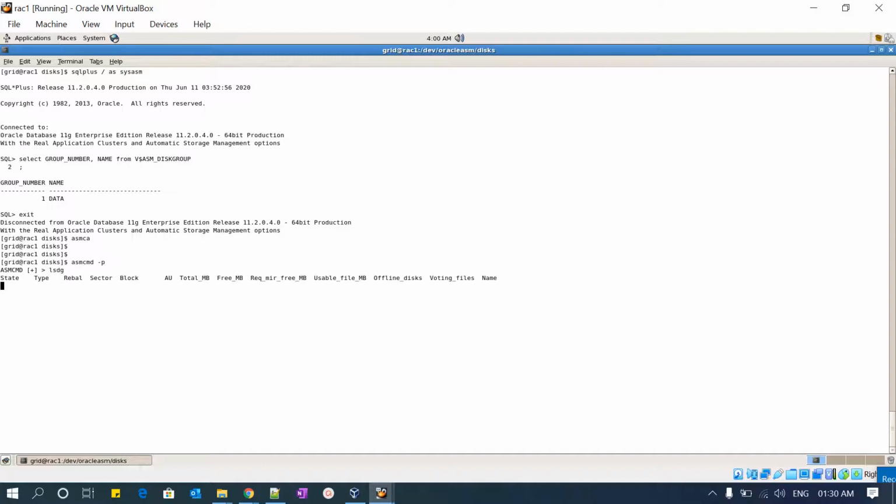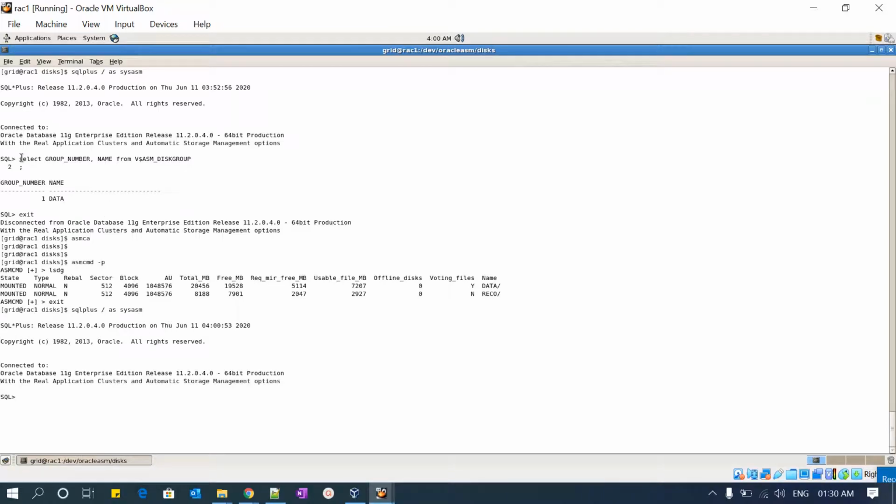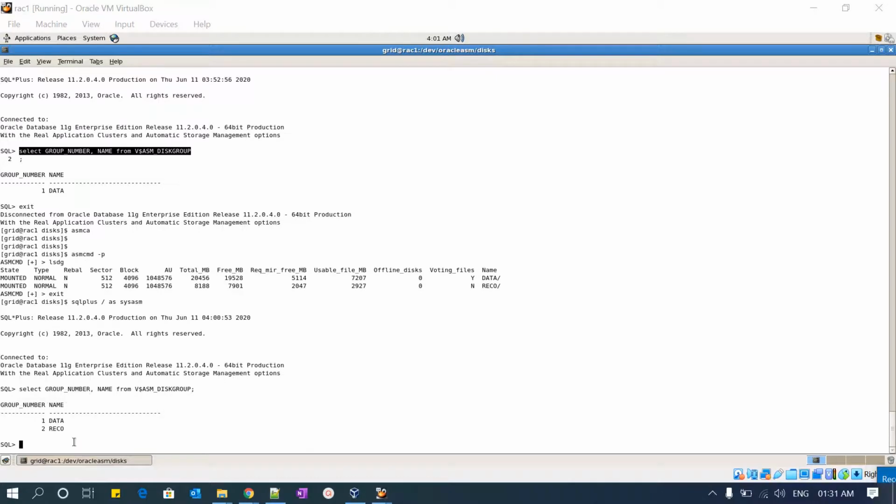Now if I do lsdg, data and Rico both are mounted. And if I go back to the SQL command prompt and run the same query, you can see both the disk groups, data and Rico, are mounted.